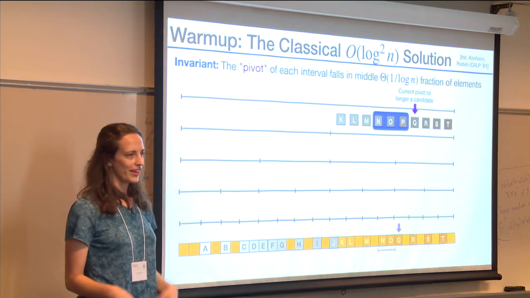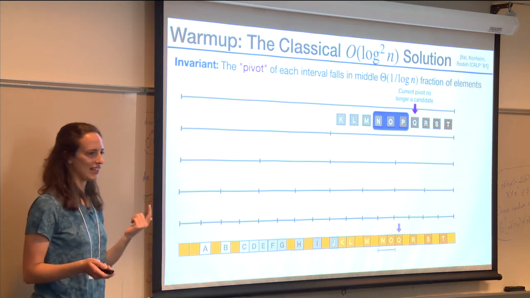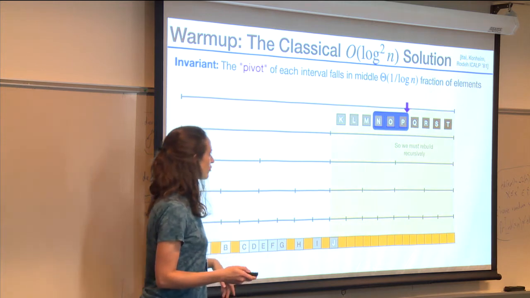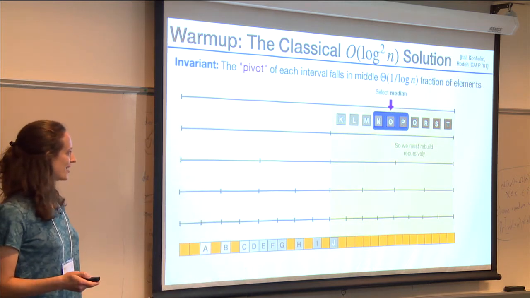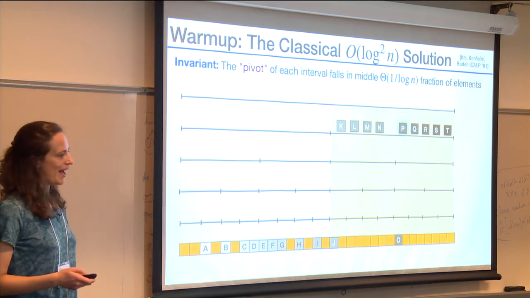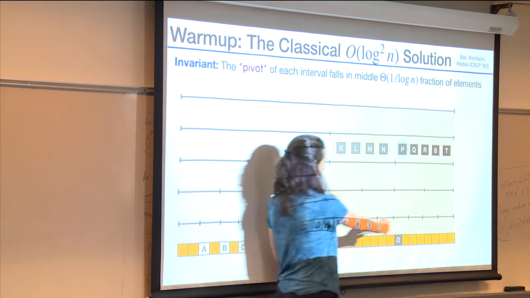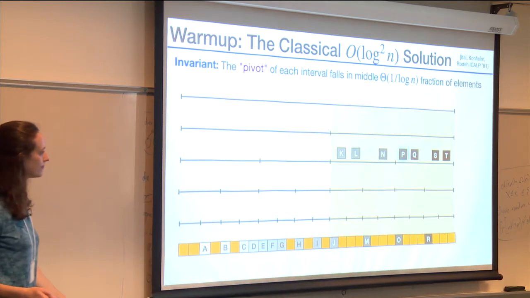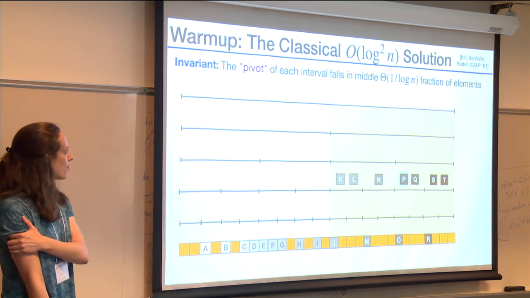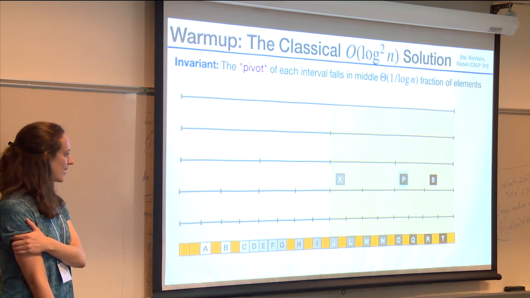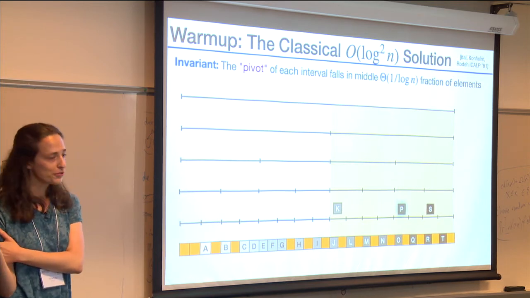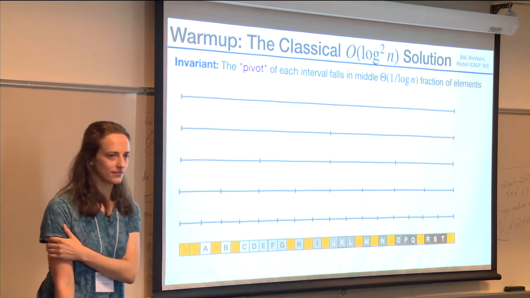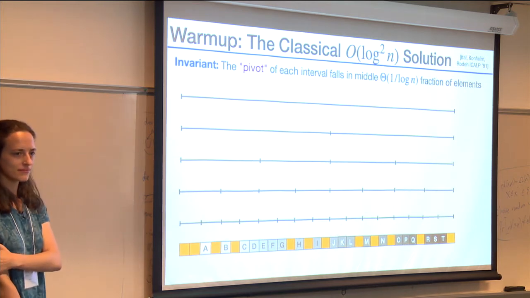And when we rebuild the whole thing, what do we choose as our pivot? We just choose the median element deterministically. So this is a deterministic algorithm: we rebuild this whole thing recursively, selecting the median as the pivot, and what this amounts to is taking this whole interval and spreading everything out evenly, with some off by 1 errors. Okay, so that's how the classical solution works. Now we can ask, how can you improve this? The reason this is O of log squared n is because you don't need to touch that space, and I can reconstruct it for n over log n